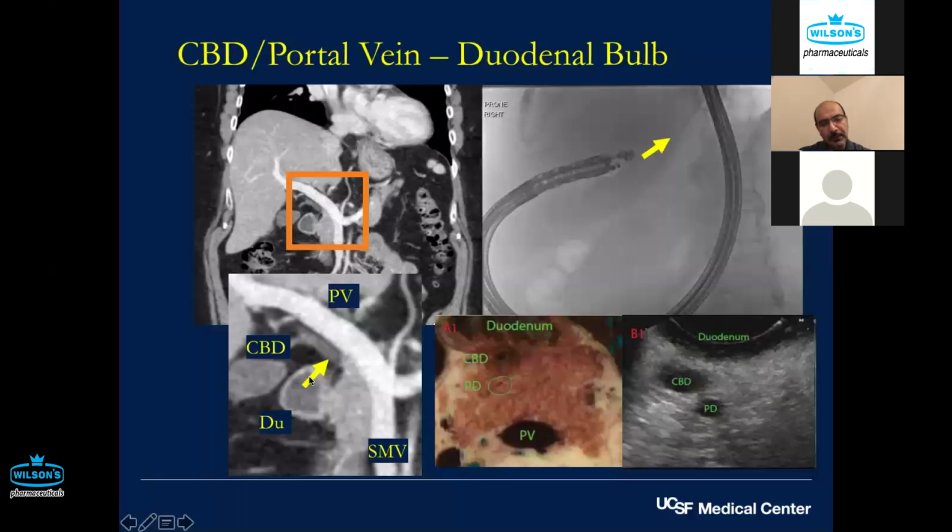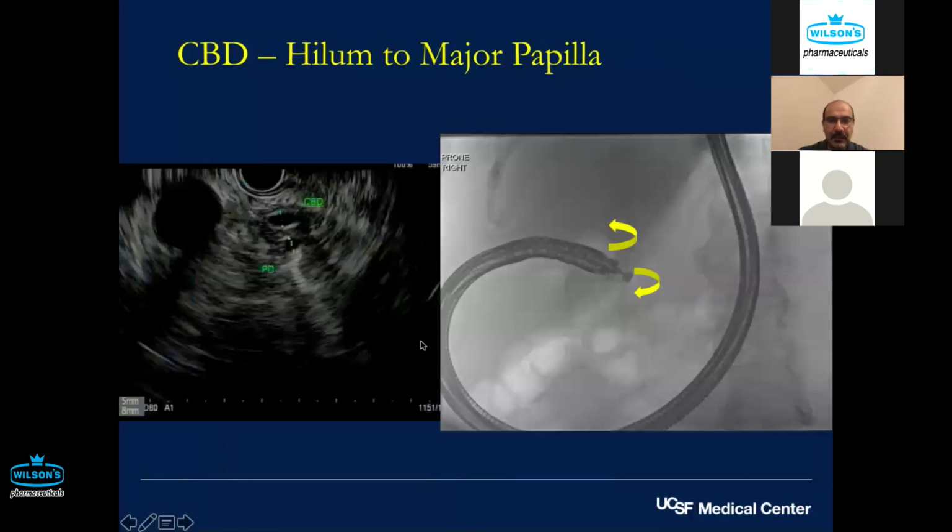So you're in the bulb, looking up this way, and you can see on CT that the closest structure to you is the bile duct. Depending on how your probe lines up, this is obviously shown for ideal view, but when you get your probe in the right position, the structure most proximal to the probe would be your bile duct, and behind it will be the portal vein. And from there, you can basically go